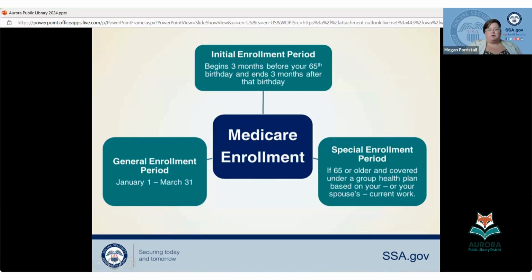Age 65, your first opportunity to get onto benefits is your initial enrollment period. If you're receiving a monthly Social Security check before you turn 65, you will automatically be enrolled in the A and the B. The card comes in the mail about 4 months before your birthday. It comes at the same time that it seems like everyone in the world has found out you're turning 65 and you're getting a huge stack of junk mail every day. So please open your mail carefully, because I know that a lot of these end up in the circular file.